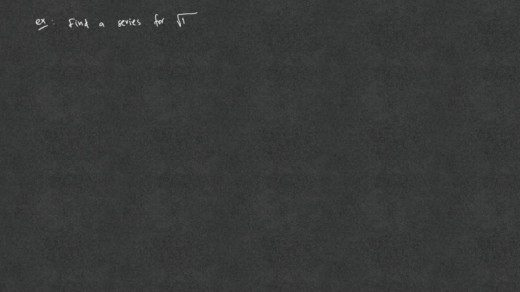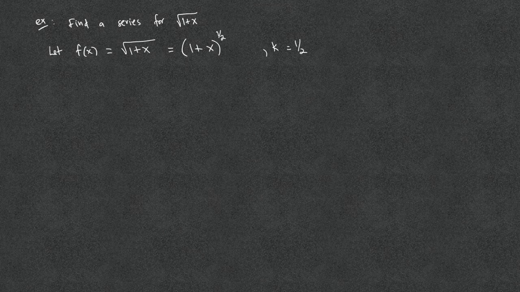Find a series for the square root of 1 plus x. Let f of x equals the square root of 1 plus x, which is the quantity 1 plus x to the power 1/2. We recognize that this is the binomial series with k equals 1/2. Note that the binomial series (1 plus x) to the k is the sum of k choose n times x